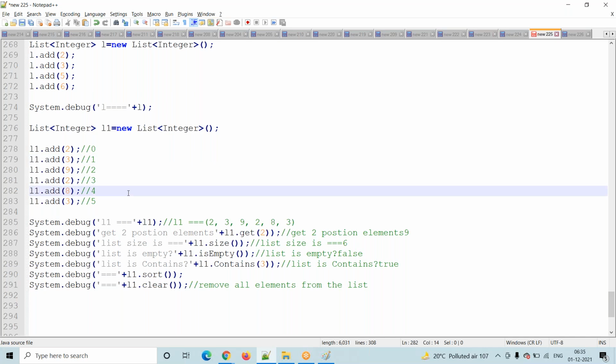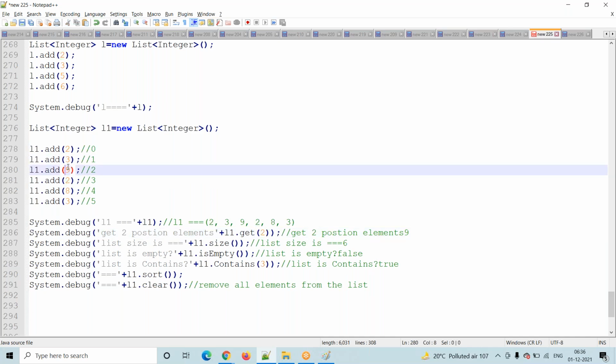So what are the methods in the list? Which methods will we use? The first method is the get method. In the list class we have a get method. Get means, suppose I want to get the element at the second position. Which element is there? That we have to get. Why we have to get? Forget about that. We are learning the syntaxes. So now my requirement is to get the second element. How to get the second element? We use the get method. Second means second position, and second position means it will start from 0, right?